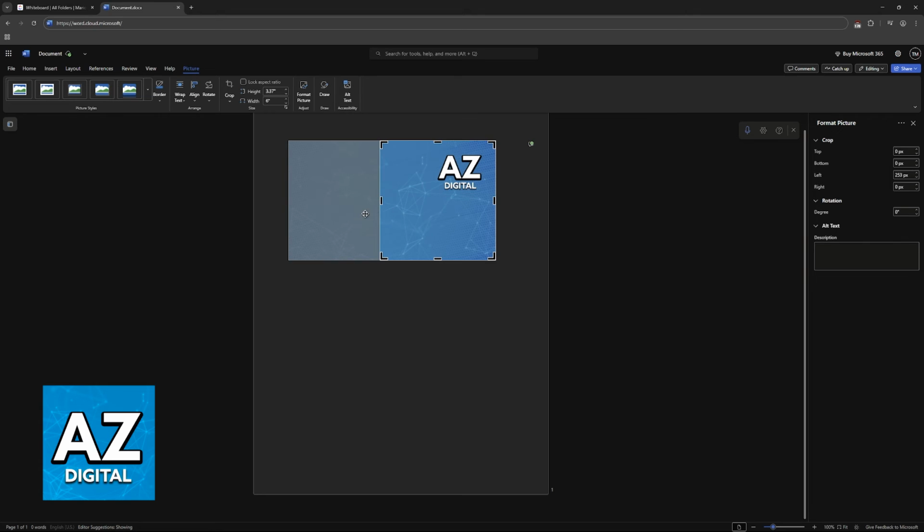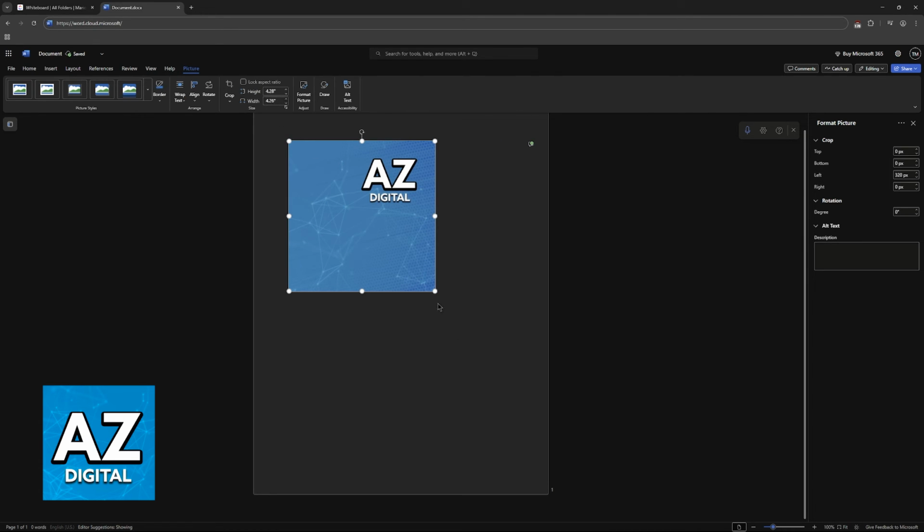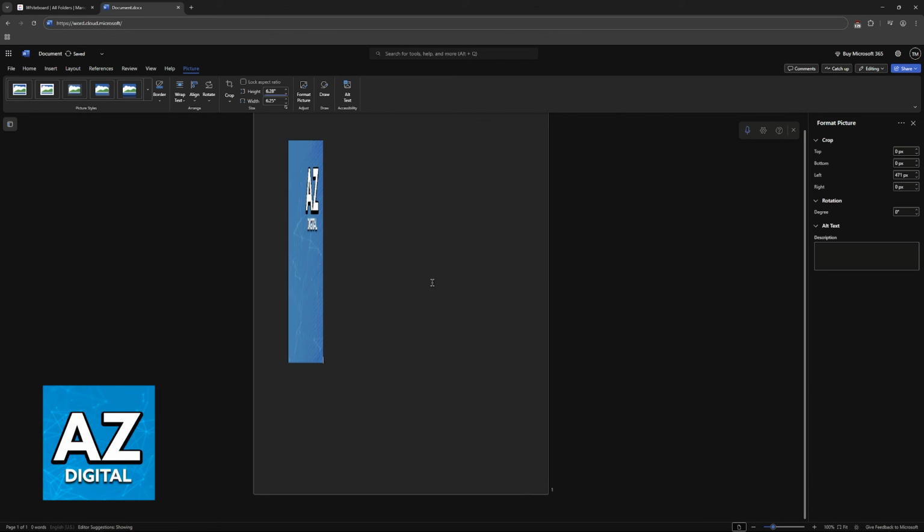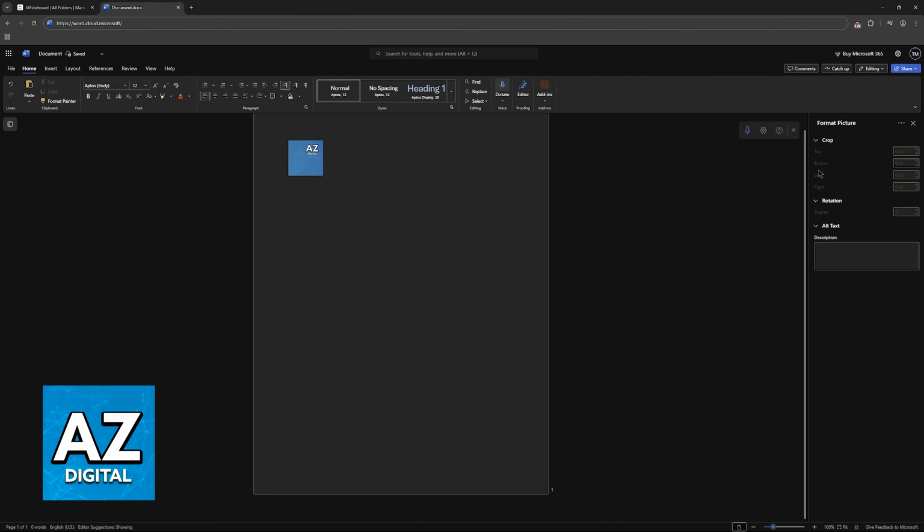Now, once you are satisfied with the crop, just click anywhere on the image and now it has been resized. Now you can change the aspect ratio. You can make it bigger, you can make it smaller, make it one by one, and it is going to retain the crop that you've made. So this helps you if you don't want to stretch the image.